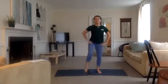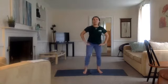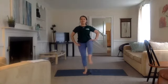Awesome form. Let's go for 4, 3, 2, 1. Let's keep that right knee up and balance. Finding a tall position on that supporting hip. Trying to grow even taller, maybe grabbing a string and pulling that knee up, pulling up the crown of your head. And then we're stretching tall for 4,